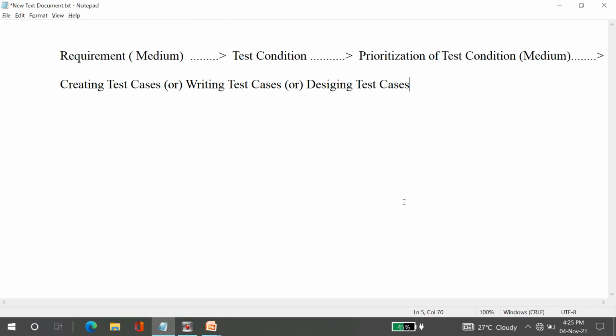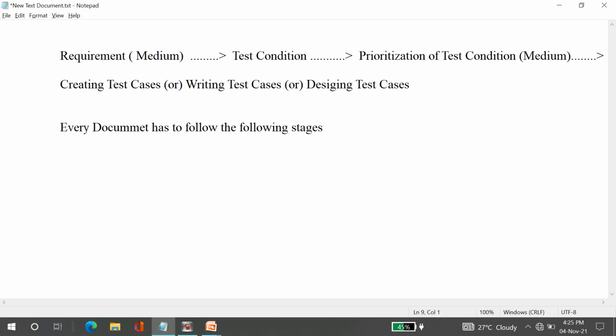In the earlier session, during the topic of reviews, I have explained this. You have to keep it in mind, every document has to follow the following stages.